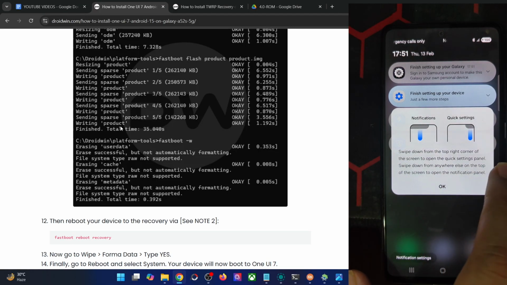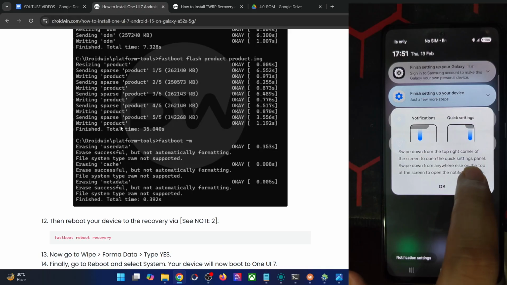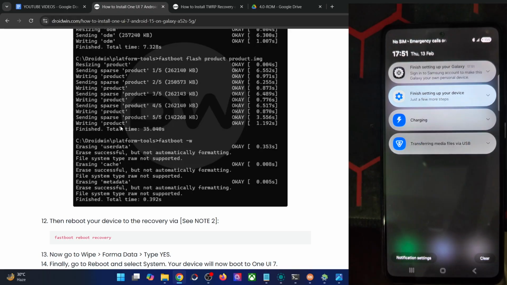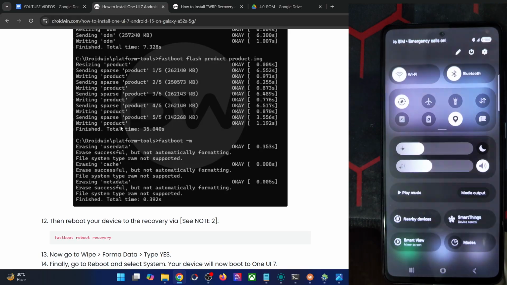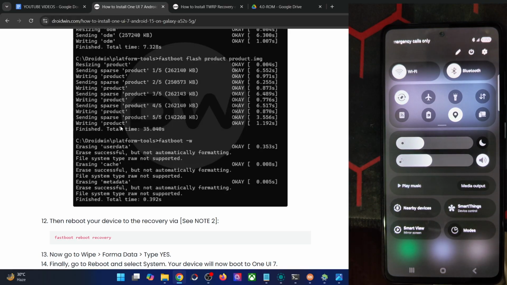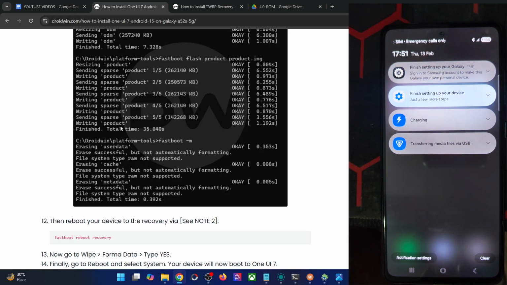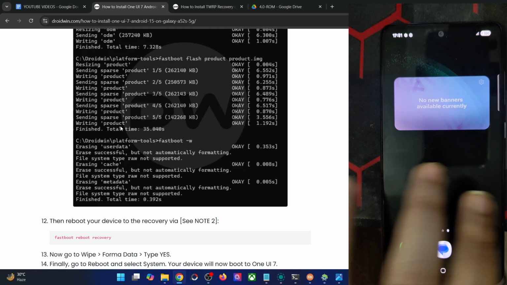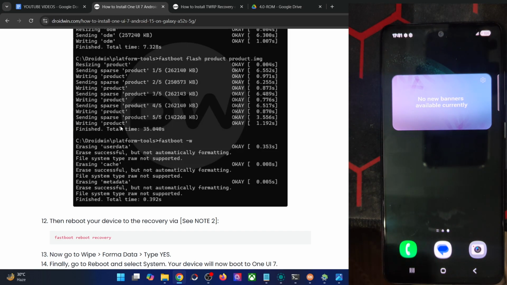As you could see, from the top right corner you will get the QS panel, but from the left or any other side, you will get the notification panel. So let me show you that as well. From the right hand side is the QS tile, and from any other side, you will just get the notification panels, as you could see. So they are not separated and not combined. Some of you might like the change, whereas some of you might not like it, but this is how things stand as of now.